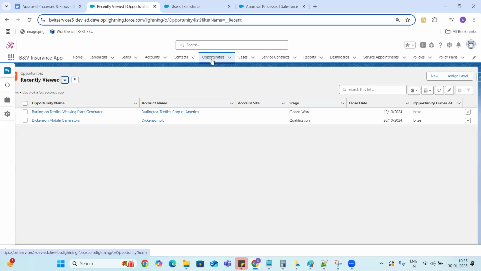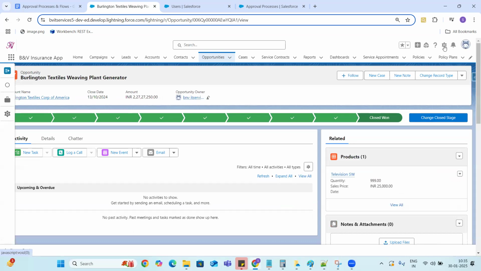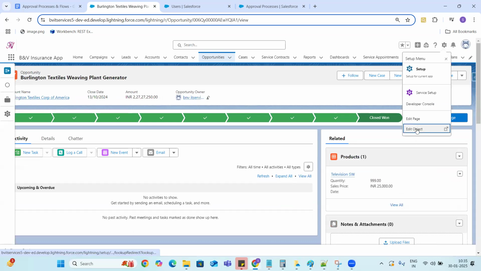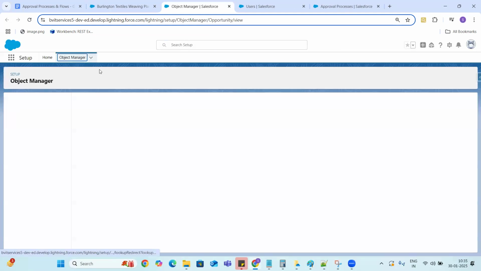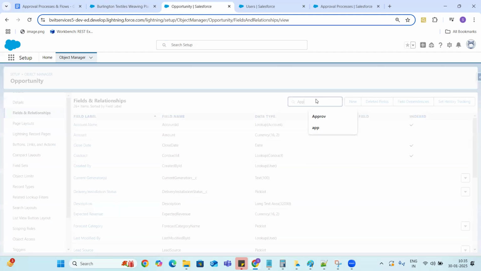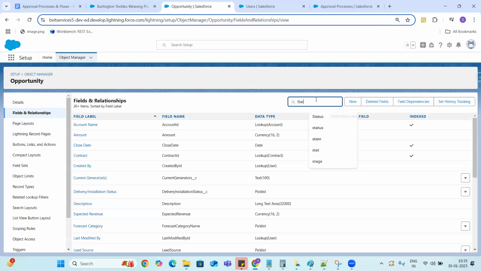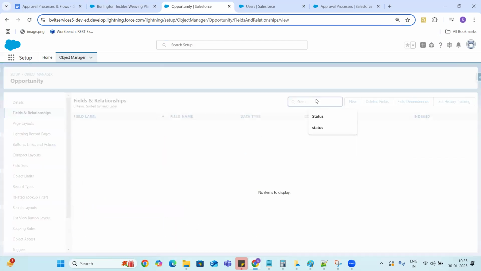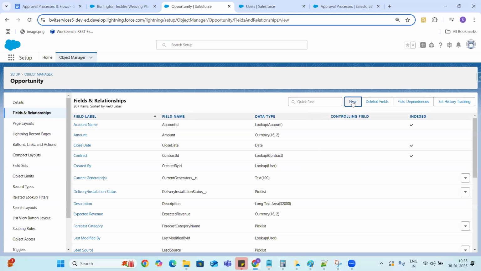If I would like to update, let me edit the object and check whether there is any field that has the status. There's no field which talks about the approval status, right?